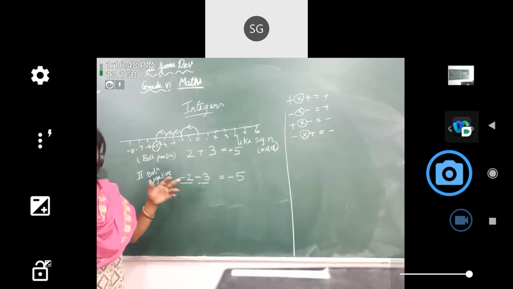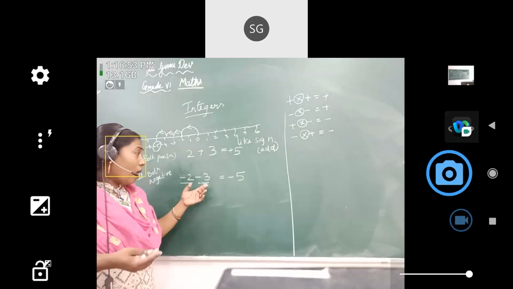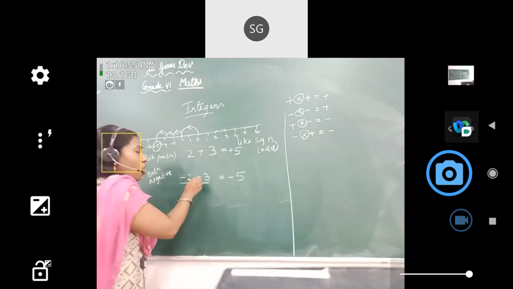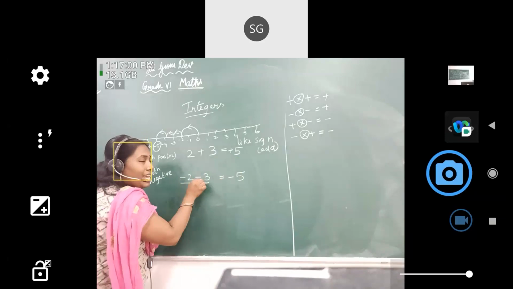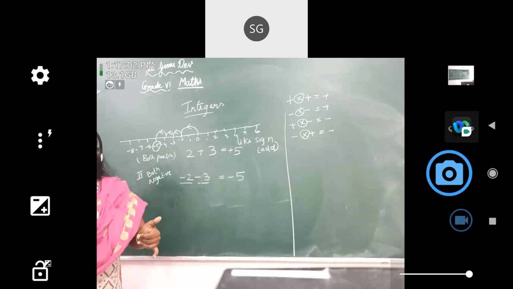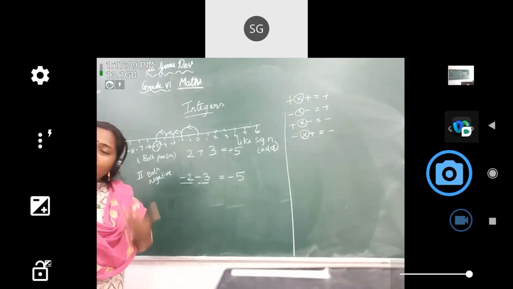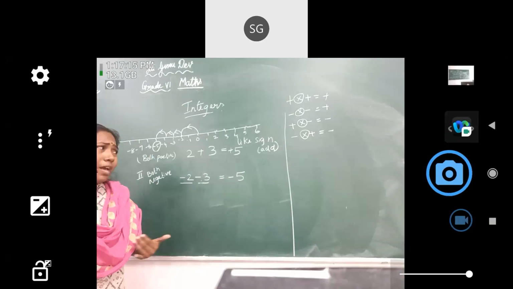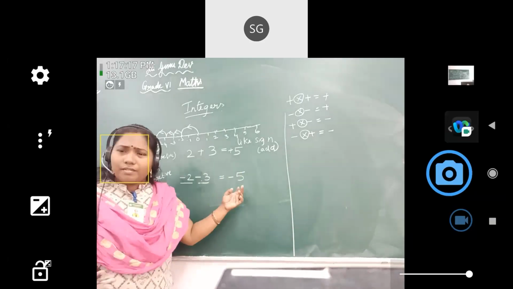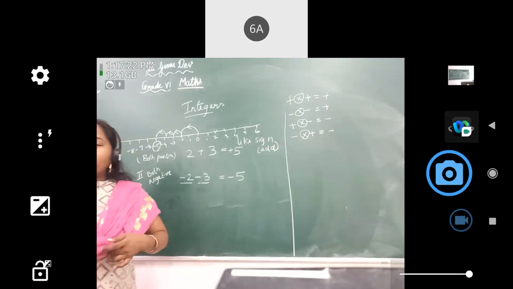Now, here I already have two negative characters within me. Now, three more I'm adding. See, this is not subtracting. This is adding, since they are like signs, we are adding only. Minus 2 and minus 3, we are adding. So already I have two bad qualities and I'm adding three more bad qualities. Then will I become positive or negative? Negative, ma'am. So this is just a clue to remember.